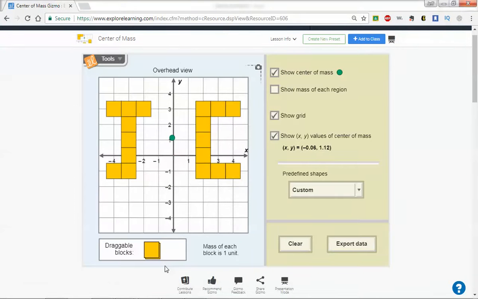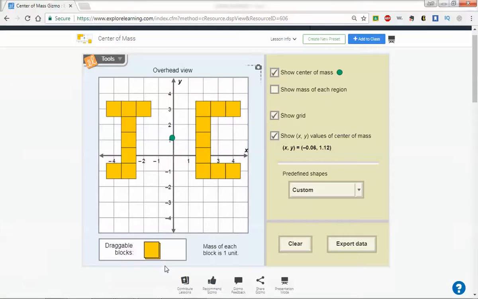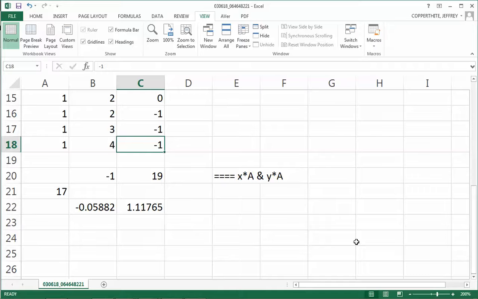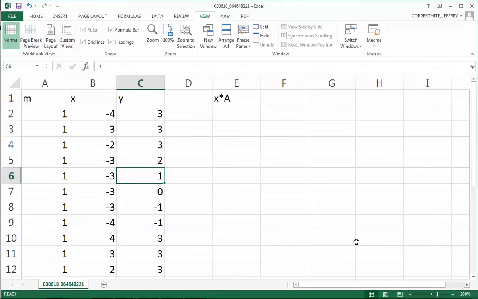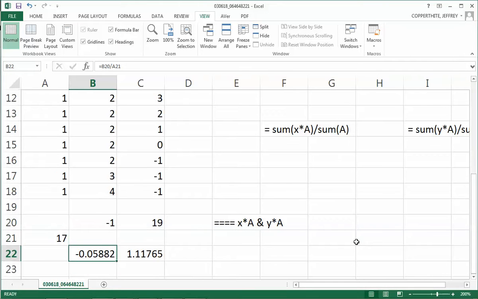Yes, they are. Okay, so your job in this assignment is to do exactly this. It's to create your initials. You're going to create your initials in the Gizmo, first and last initial, and you're going to get a centroid value. You're going to then export the data. There's a button down here called Export Data, bottom right corner, that exports your information into an Excel spreadsheet. You're going to load up that Excel spreadsheet, which is going to give you the mass of each square, the x and the y coordinates of the centroid. And then you're going to determine if the coordinates that the Gizmo came up with for your centroid are indeed